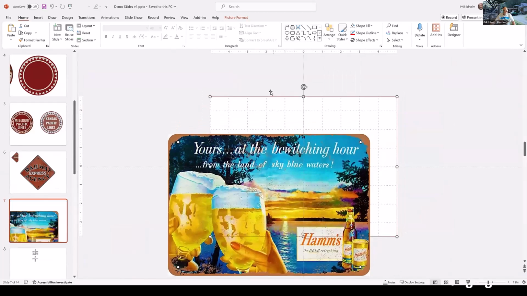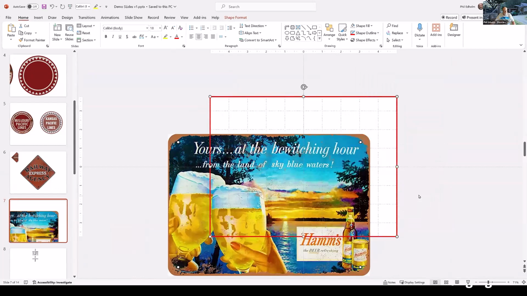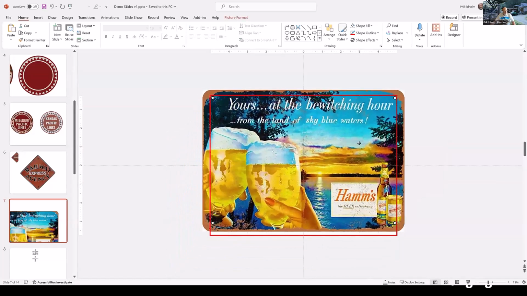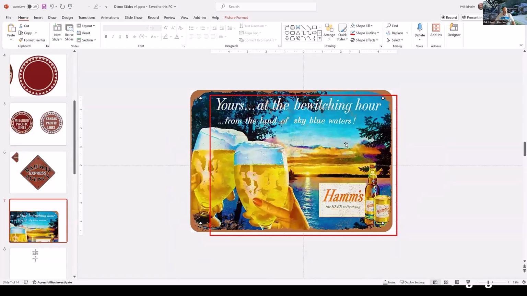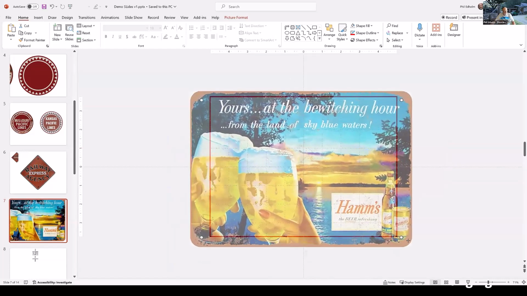Now when you move this over, I need to make the red line darker. So I need to make this heavier so you guys will be able to see it. So again, shape, outline, weight, black. You'll notice now I can see exactly where the slide is. So if I say, I'm going to go ahead and take this hams thing and I'm going to make it that size,